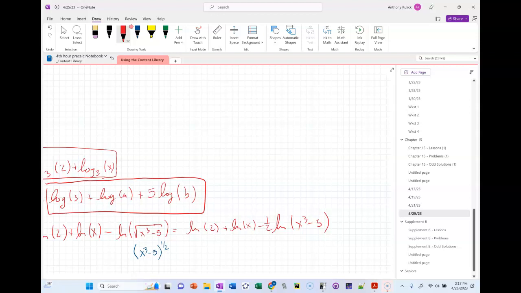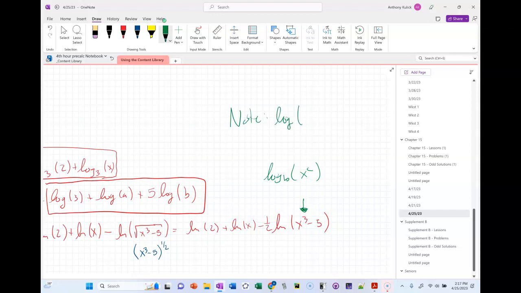So far, so good. Anything more I can do? Who's suspicious about this x cubed here? Feels like there should be a power property to do there, right? It turns out there's not, because remember the power property looks like this. Here we have the powers attached only to the 3, not to the entire thing in there. And because it's not being multiplied, we can't break it apart,